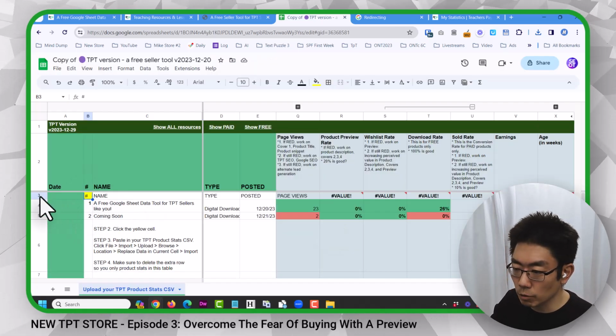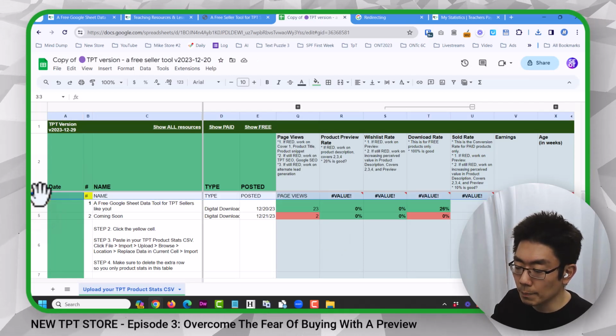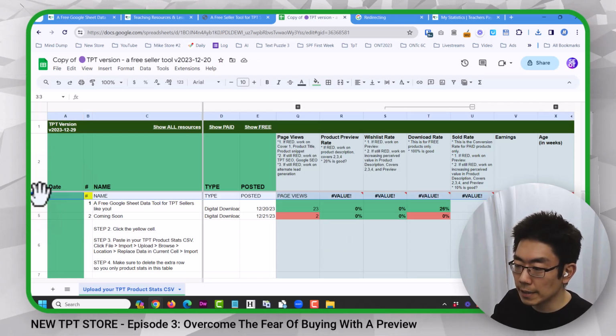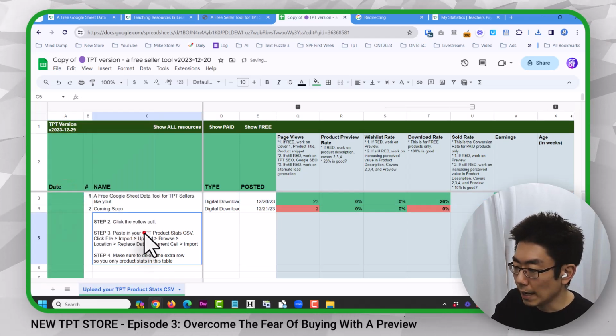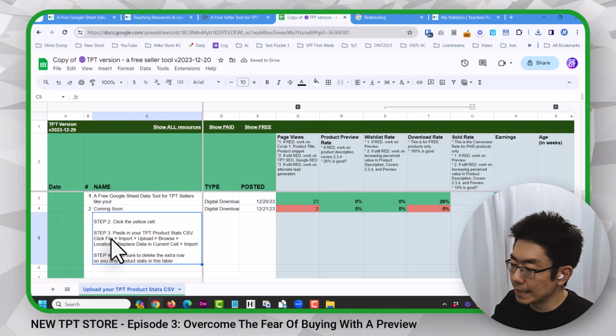I'm going to click on this row number 3 with my left button. And now it's turned into the hand icon. So I'm going to right click it and click delete row. At the bottom, I have this extra row that I need to get rid of because I don't have a